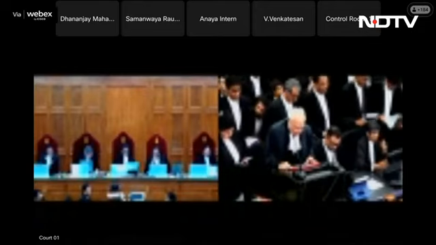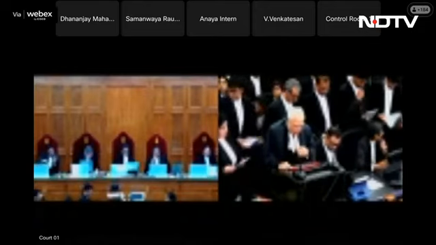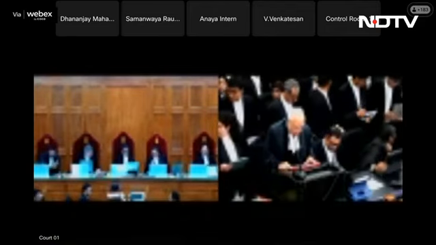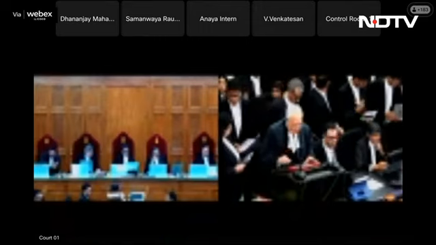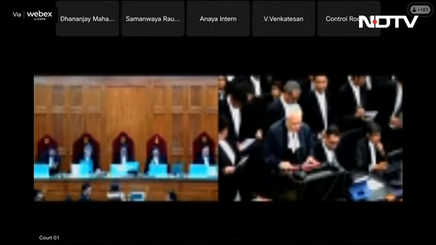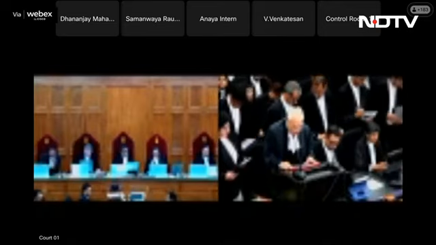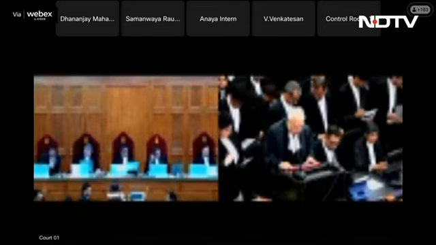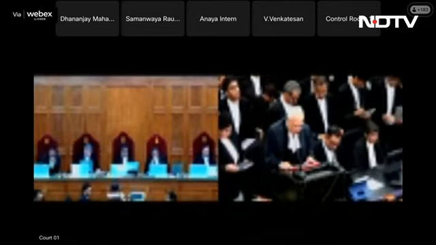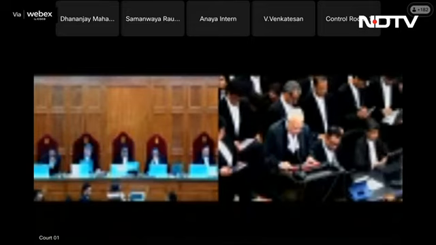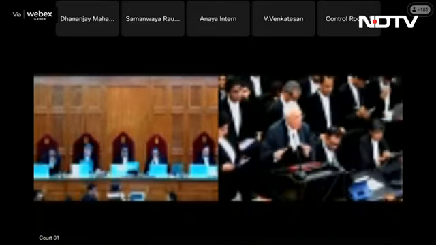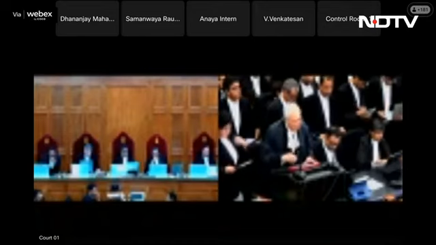The language of 368 to our mind is plain and unambiguous. Hence, we need not call into aid any of the rules of construction about which there was a great deal of debate at the hearing. That the power to amend under the article, as it originally stood, was only implied. The marginal note rightly referred to the procedure of amendment. Reference to the procedure in the marginal note does not negative the existence of the power implied in the article. Then they go on to say whether you can amend every part of the Constitution. We're not concerned with that. That's the basic structure hearing, so we're not concerned.